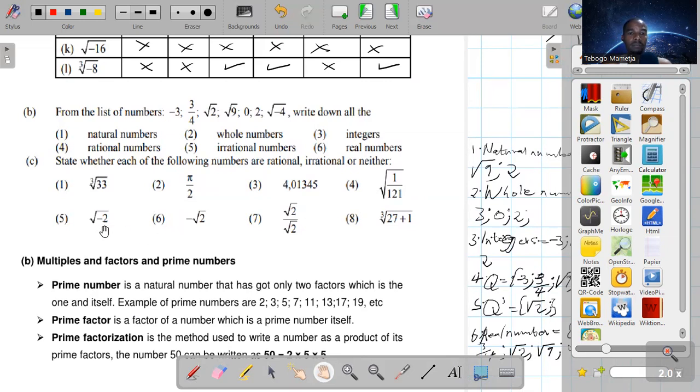So the next one, this number is non-real. If you remember, the square root of a negative number is a non-real number. So it's undefined. So this number is not a rational number, neither is it an irrational number. So it's neither. So the answer is neither there. So number 6,